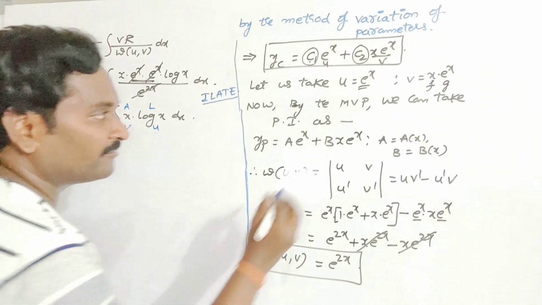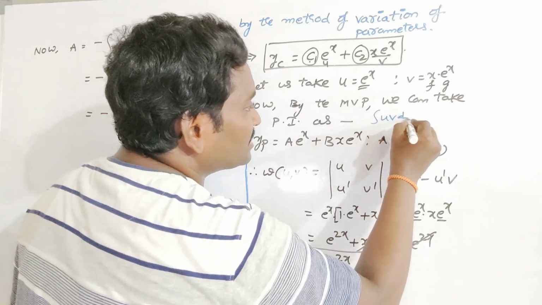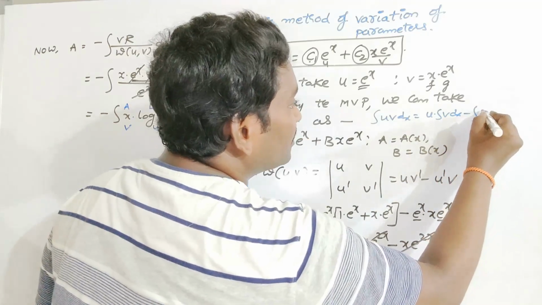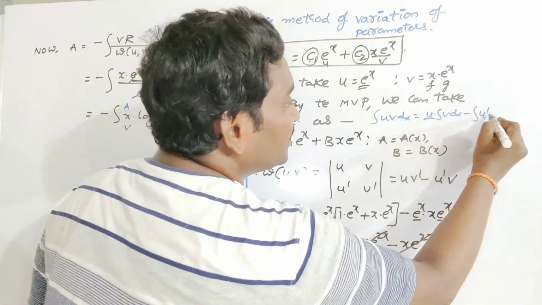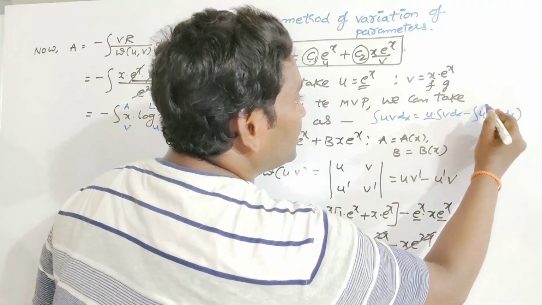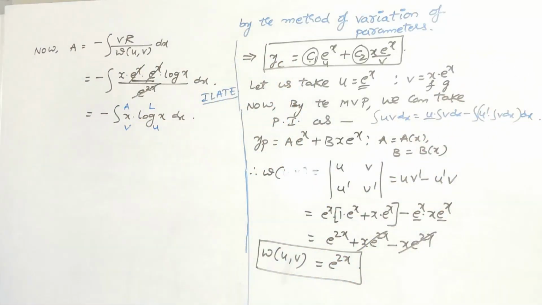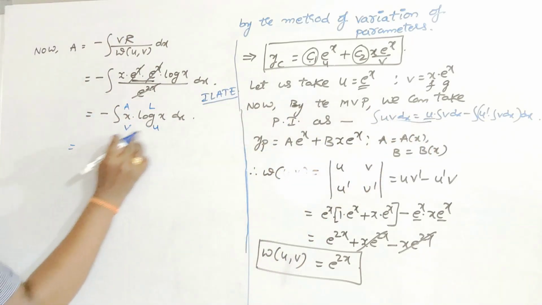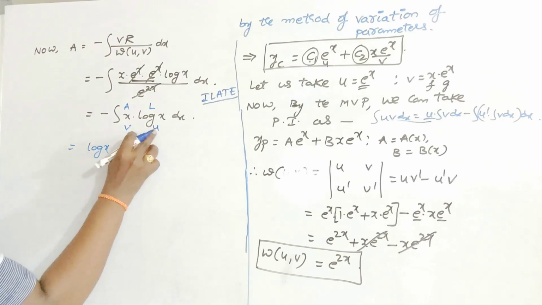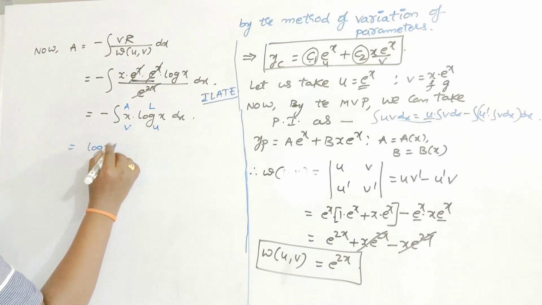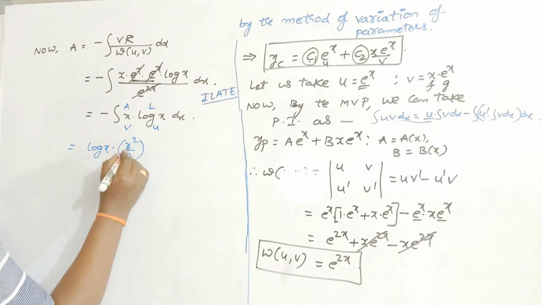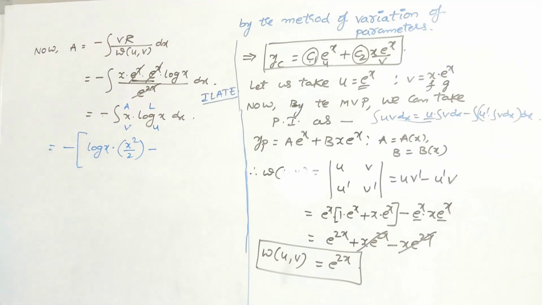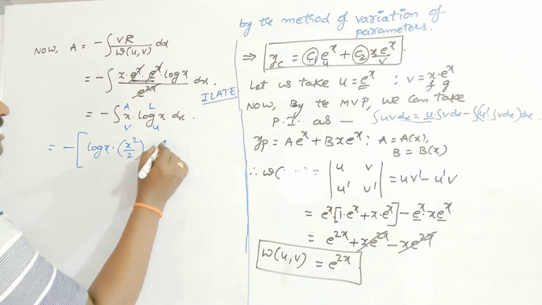What is the integral uv rule? I will write it once here. Integral uv is nothing but u into integration of v dx, minus integration of the derivative of the first function, u dash, into integration of v, whole dx. Now I am going to apply this general formula here. So log x, don't do anything for the first term, and integration of x is x square by 2, minus, and don't forget one important thing, we have a negative sign before the integration. Minus integration of